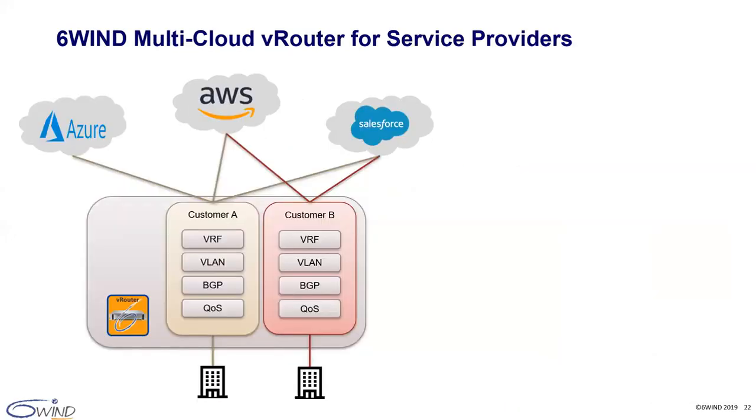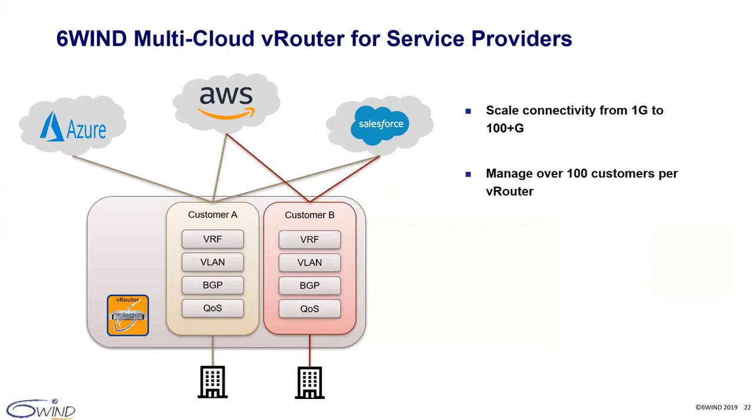So this concludes our demo. The demo platform was focused on demonstrating functionality. In a real use case, the 6WIND vRouter for multi-cloud service providers scales from 1 gig to more than 100 gig of connectivity, can support more than 100 customers per vRouter, leverages an extensive feature set, including the VRF, BGP, and QoS features we have demonstrated,